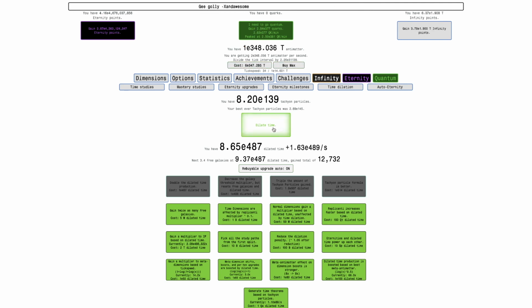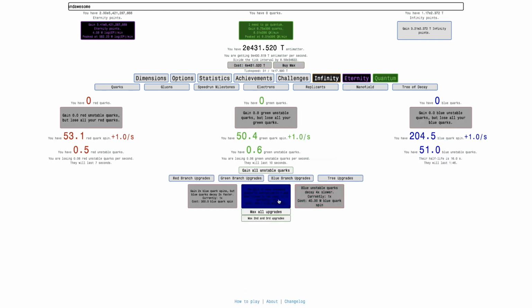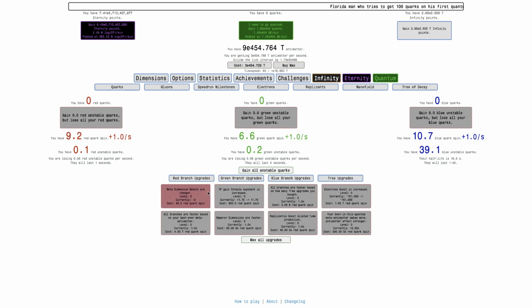Seriously, I remember it's probably because I'm just not used to that slow dilation. So hopefully I can get here's another upgrade. And it looks like I can get this and this. And I get this as well. Meta dimension boosts are cheaper. This is almost like nanofield rewards, it looks like, except it just costs...